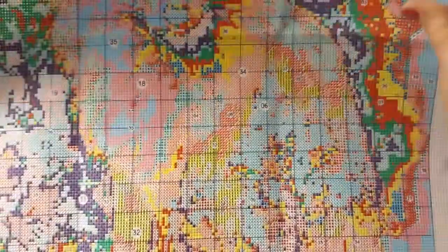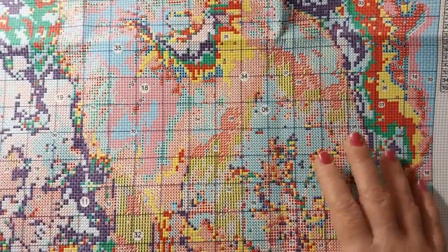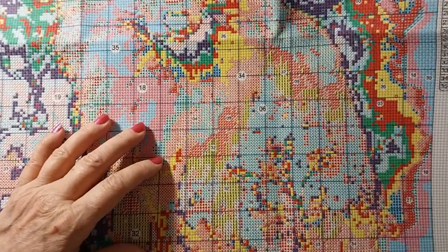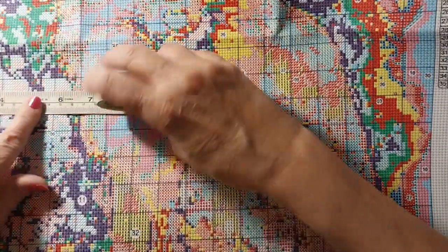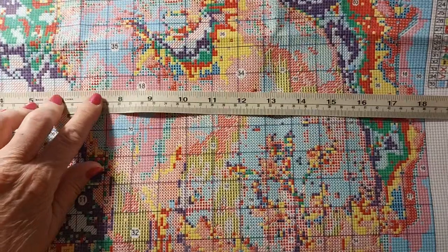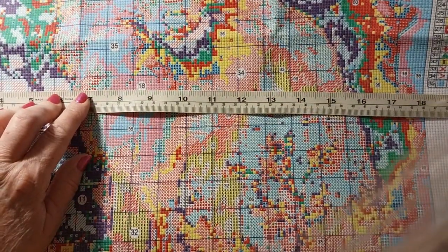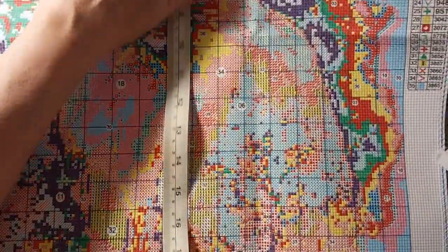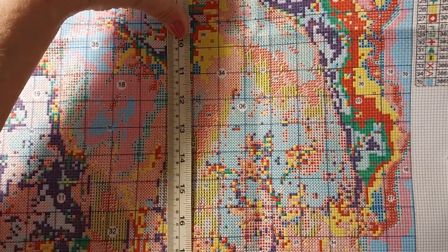Let's undo the whole thing. But yeah, I think this fox is going to be beautiful. I just love that winter kind of misty look that it had. It's just lovely. So hopefully they'll bring it back. I'm telling you these things so you won't get your heart set on it. But never can tell. So it's 19.5 inches or 49.5 centimeters that way. And this way it is 50 centimeters or about